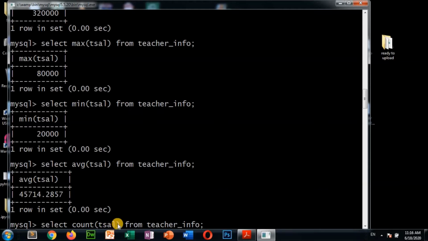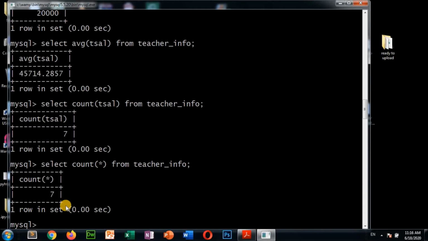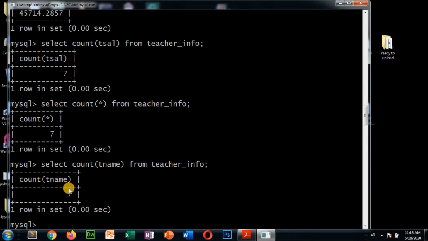So press enter. 7 teachers are there, 7 records are there in the table. And again suppose here in place of T cell, if you give count star from teacher salary, then also you will get the 7. And if you count the teacher names, then also you will get 7. Done. So this max, min, count, average, done.